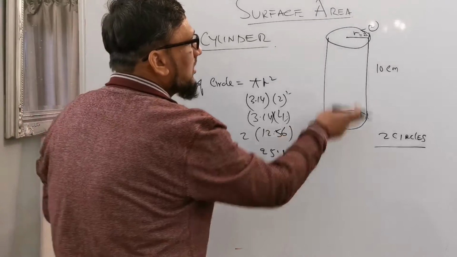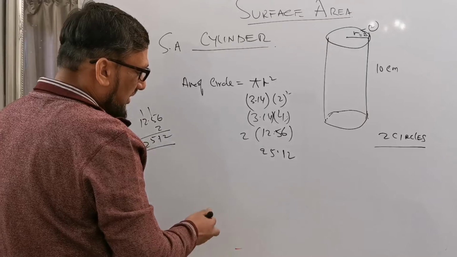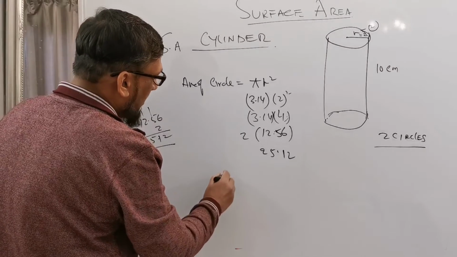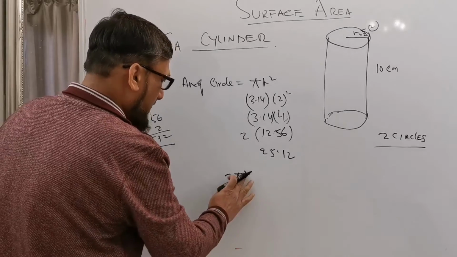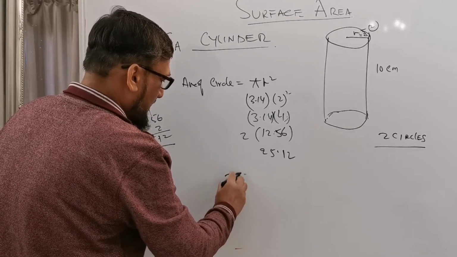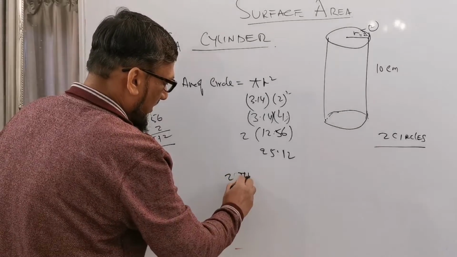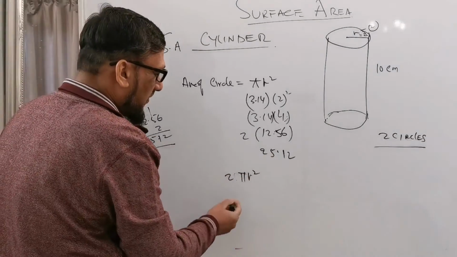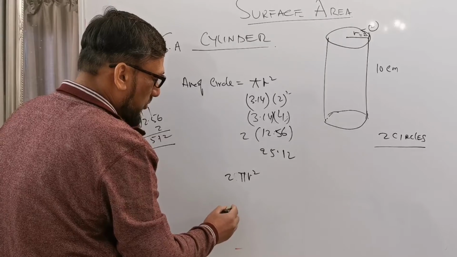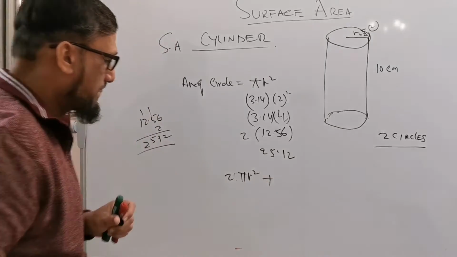We found the area of 2 circles, which I can write as 2 pi r square, which is equal to 25.12 plus